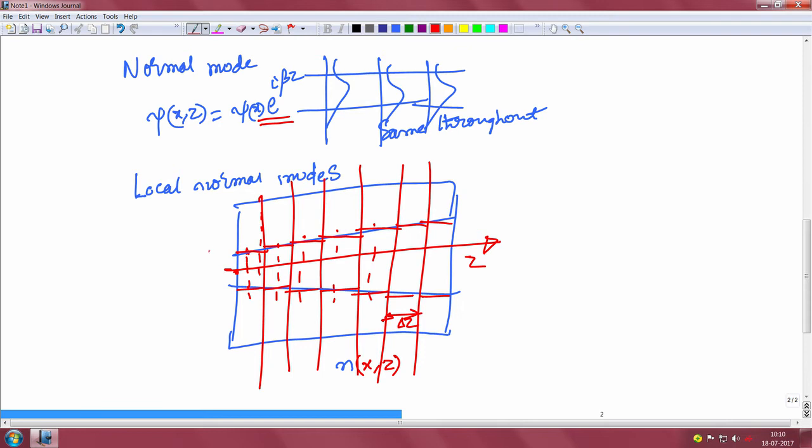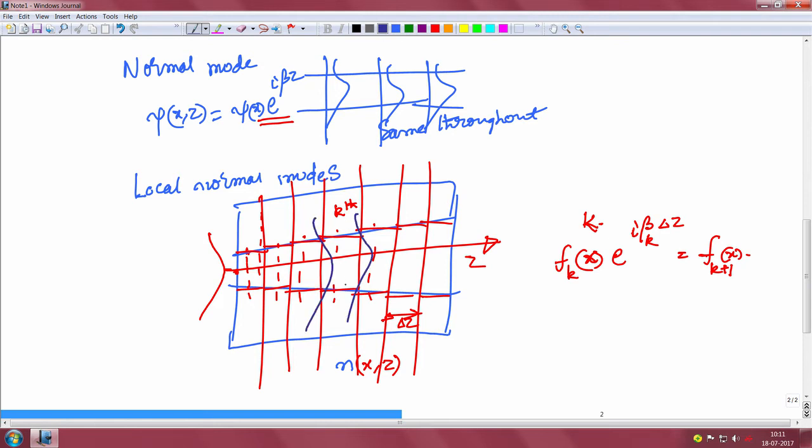So, let me say the mode field at any section k, the input is f of k, the input beam shape, and multiply it with e power i beta k of delta z to get the field at the output of the section. So, the output of the kth section, let me say this is the kth section, at the input at this point, where is the green, and the output at this point are related as follows, and successively by repeating the process we can get the